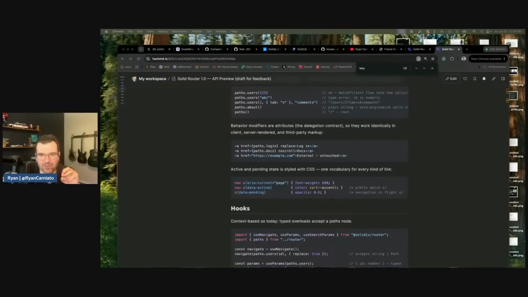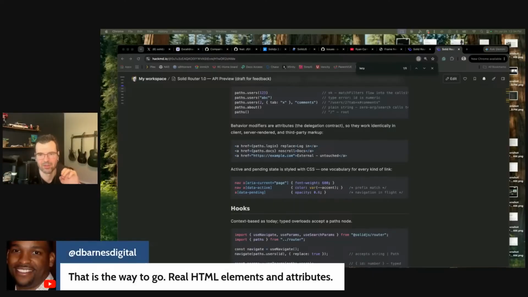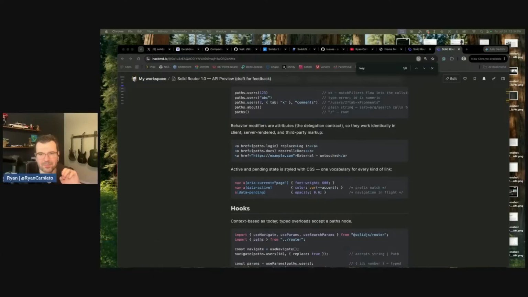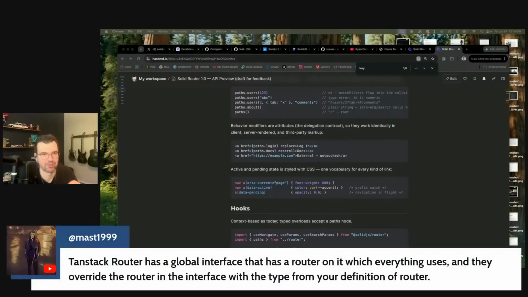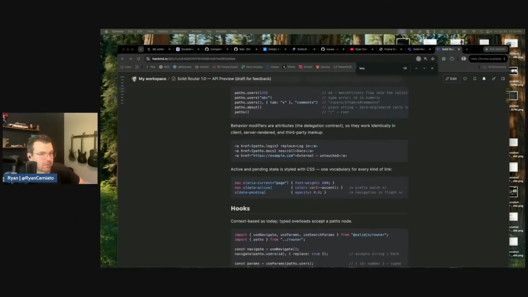That's the way, real HTML elements and attributes, and playing to ARIA. Yeah. I mean, if there's some better TypeScript tricks to use here, I'd love to see them. I'd be stoked. Okay, so